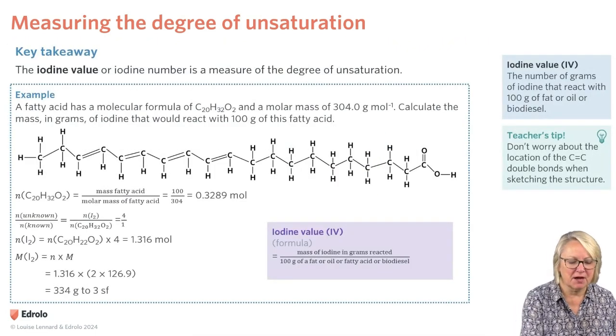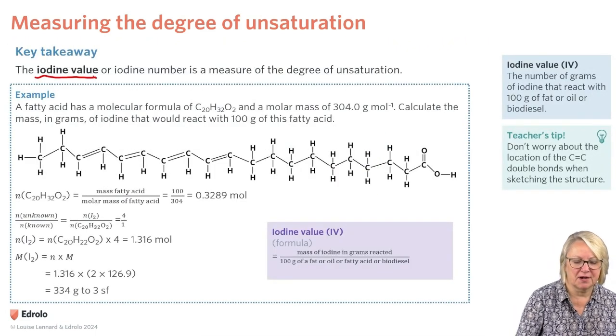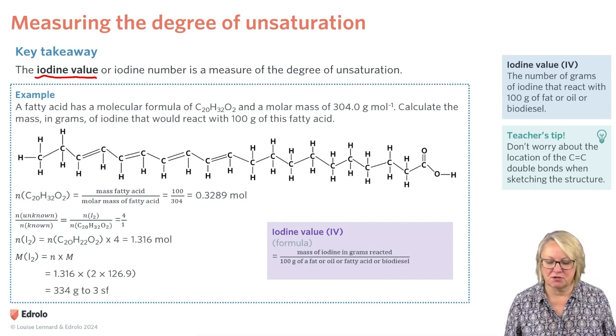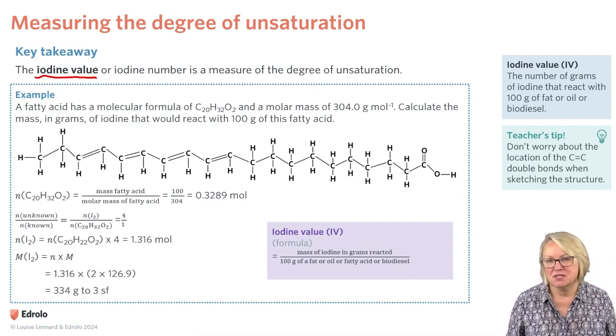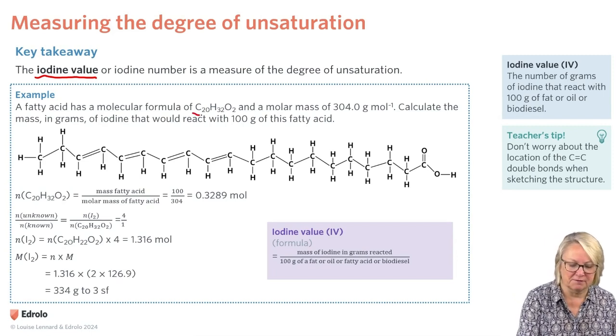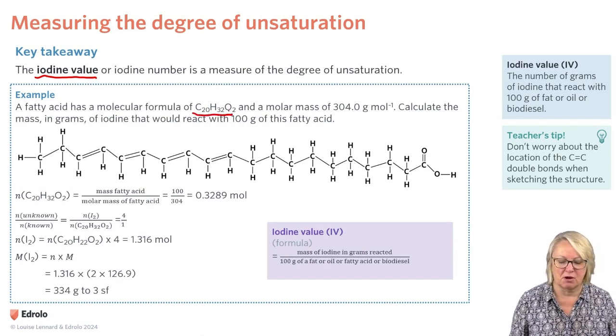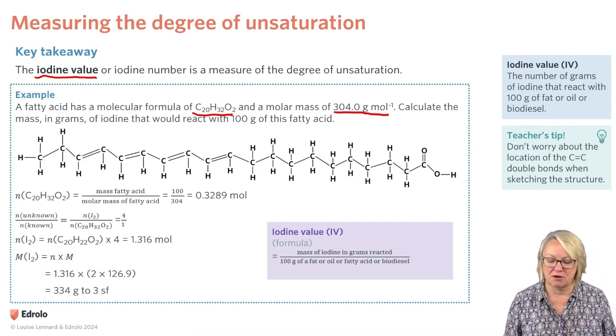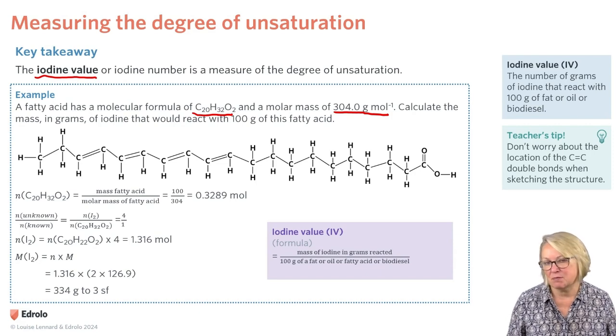Okay, so the iodine value or iodine number is a measure of the degree of unsaturation. So let's have a look at an example. A fatty acid has a molecular formula of C20H32O2 and a molar mass of 304.0 grams per mole. Calculate the mass in grams of iodine that would react with 100 grams of this fatty